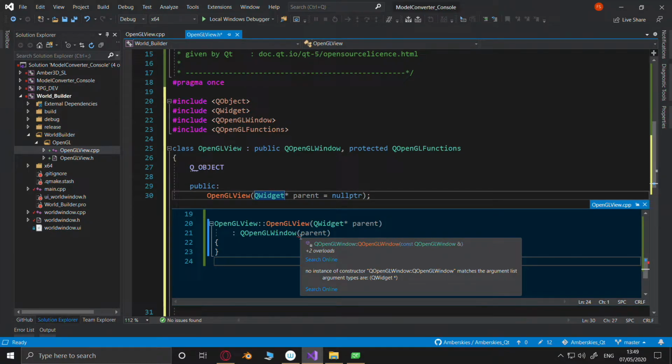It doesn't seem to want to take anything. So there's something wrong with this. There is something 100% wrong with this. I wonder if it's QScreen and they just haven't remembered.